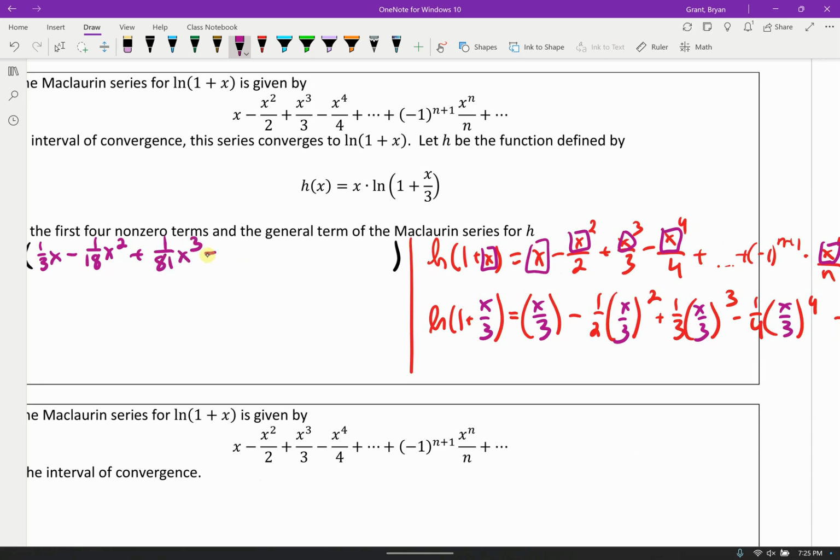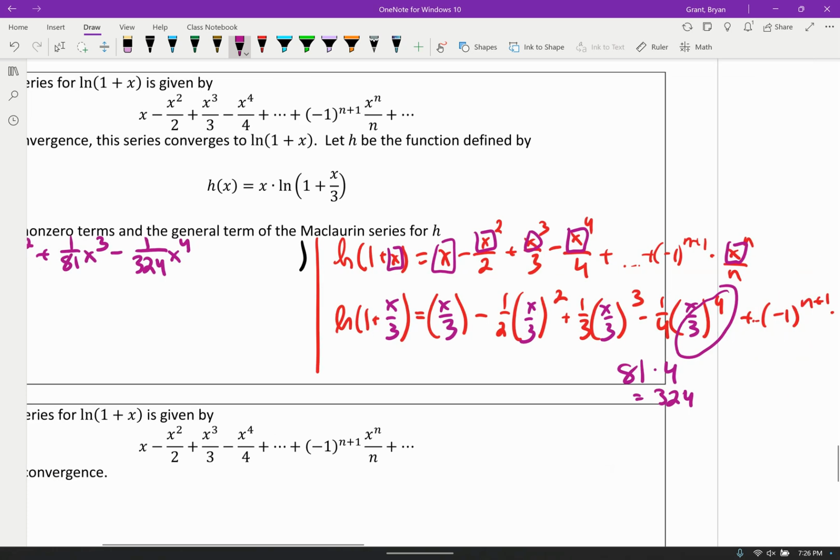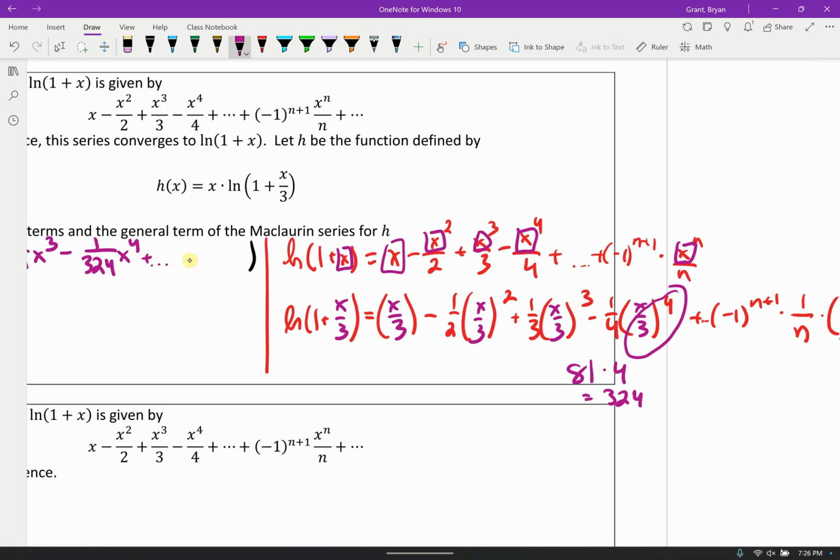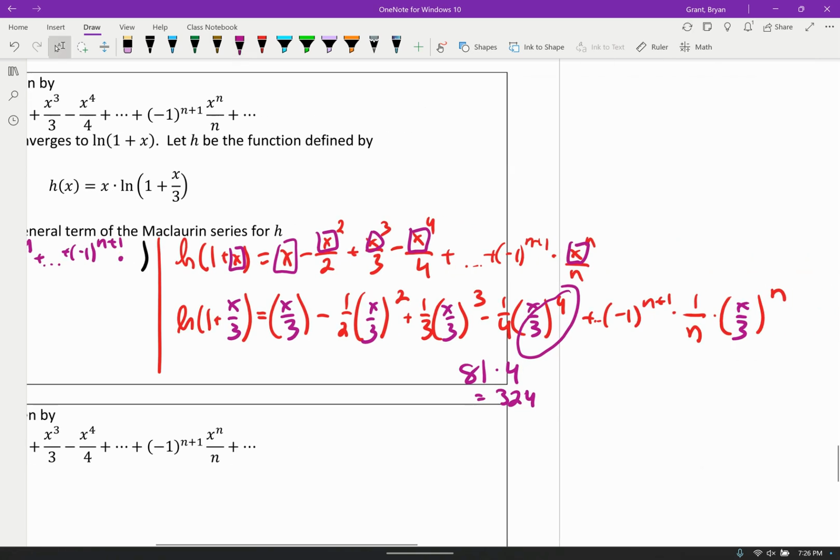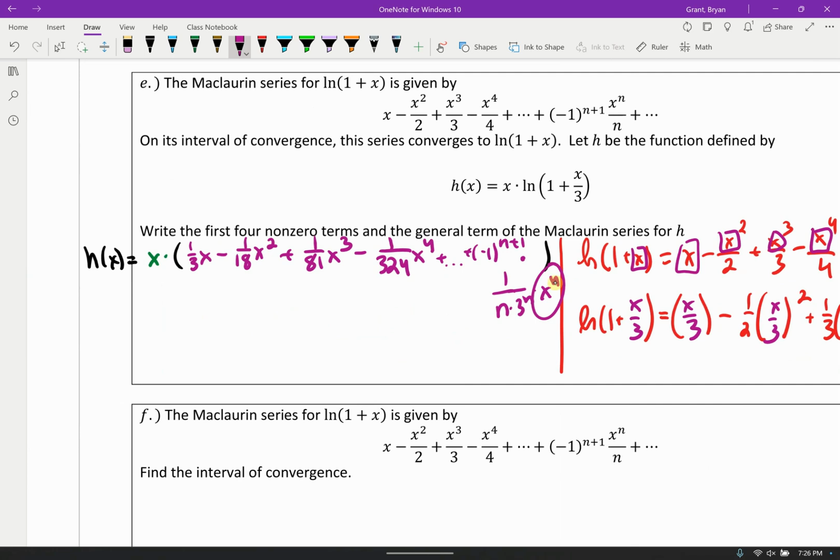And then we have a minus, and this one will be the trickiest of all because 3 to the 4th, I think, is 81 times an extra 4 is going to be 324. So 1 over 324 x to the 4th. And then, of course, our general term. The general term plus dot dot dot negative 1 to the n plus 1 times, very much out of space. We have 3 to the n times 1 over n. So 1 over n times 3 to the n, and then x to the n. Now again, you don't have to write it that way, but I really am fond of keeping the x to the n separate so you can see that it's centered, in this case, at